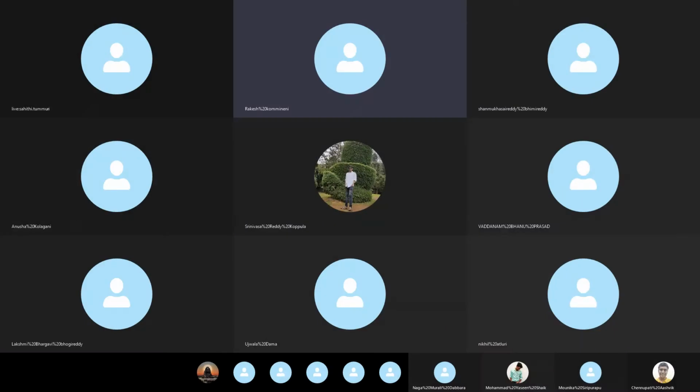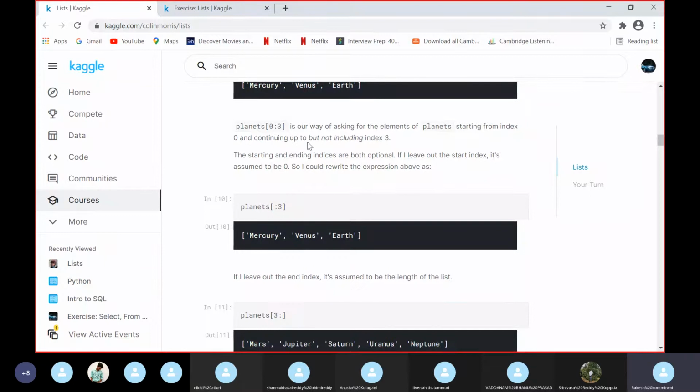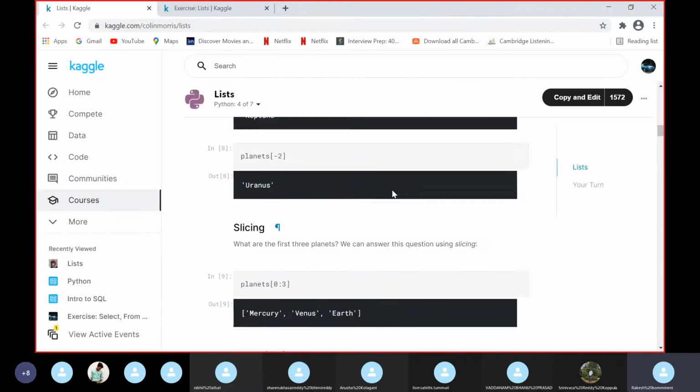So here we can see the planets of squared brackets 0:3 is our way of asking for the elements of planets starting from index 0 and continuing up, but not including the index 3.